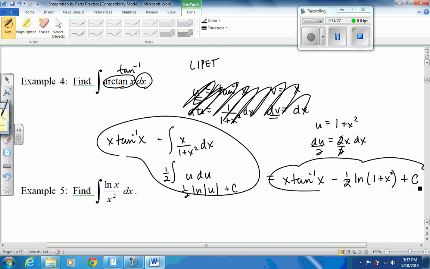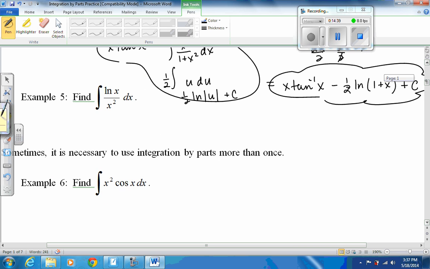There's my yay bubble, all done. So not too bad. If you can do u substitution, it might just be doing the integration by parts and then doing one after that. And this last one that we're going to do,